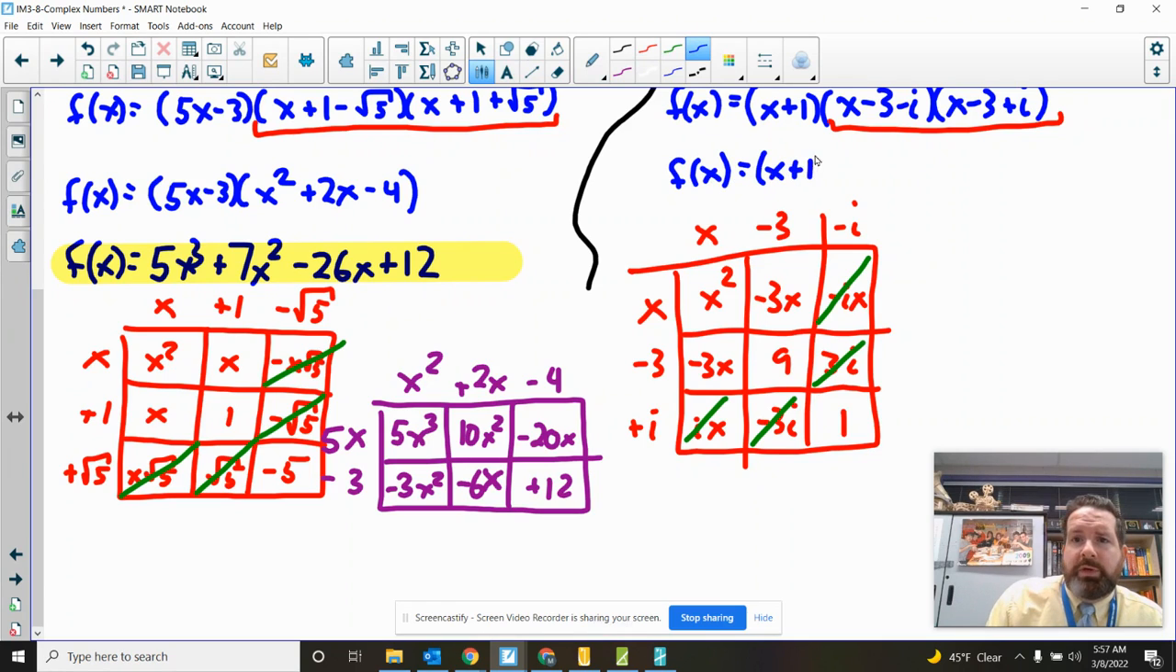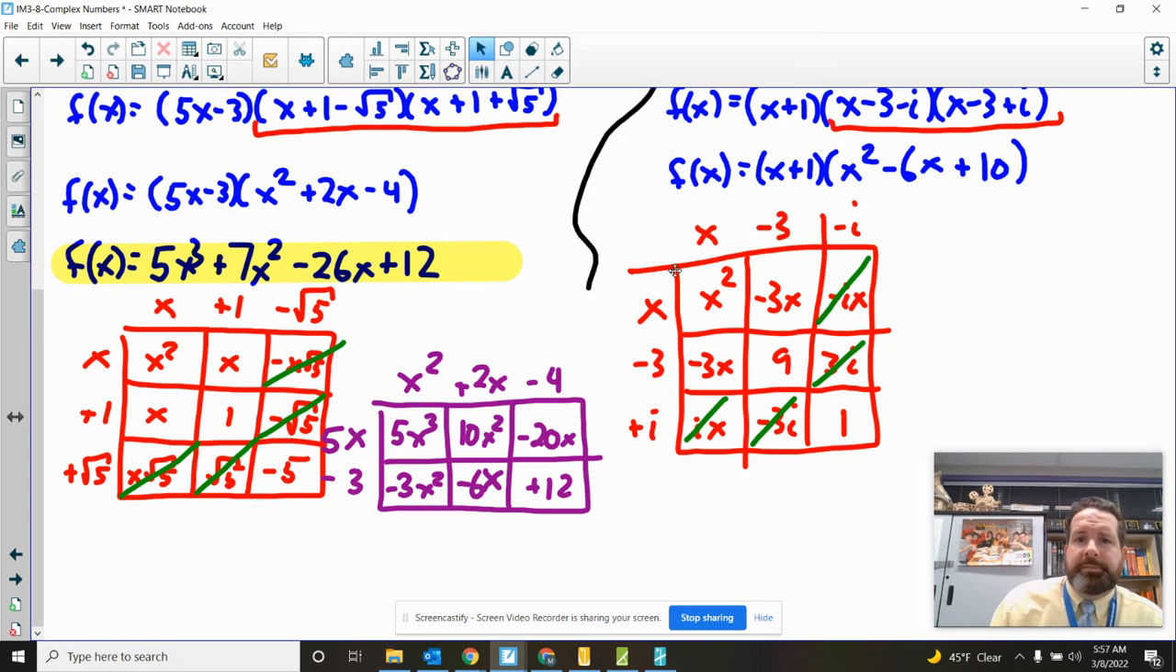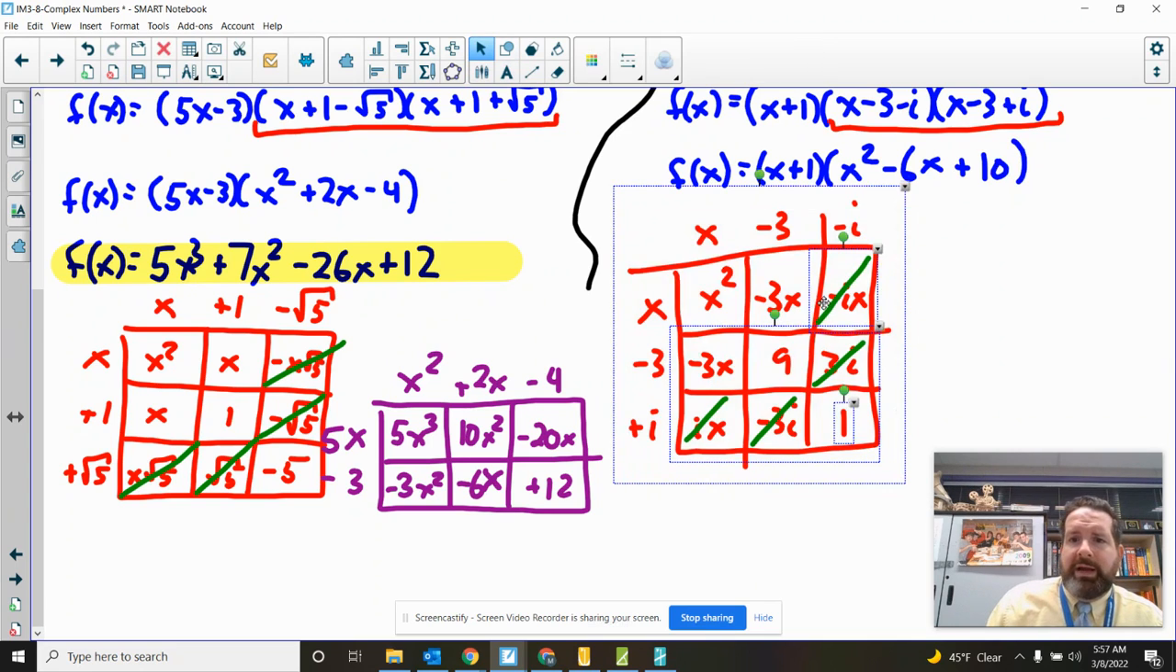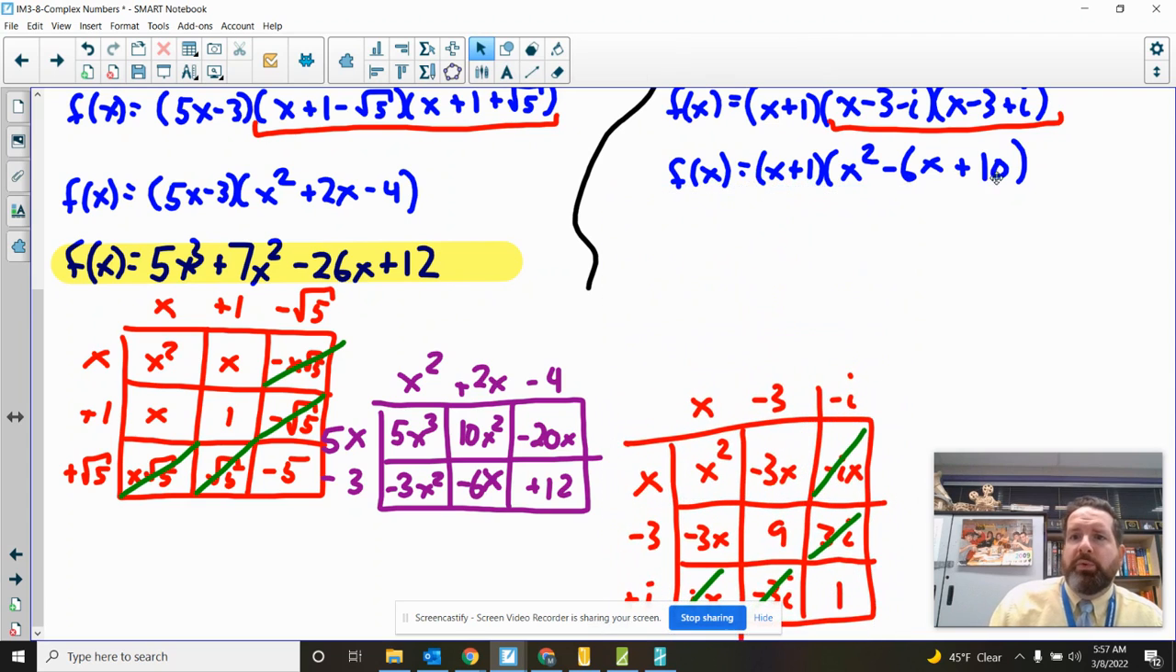So this x plus 1 gets multiplied by x squared, minus 3x is minus 6x, and 9 and 1 is 10 all together. Okay, now everything is real. No more imaginary stuff. So we can just